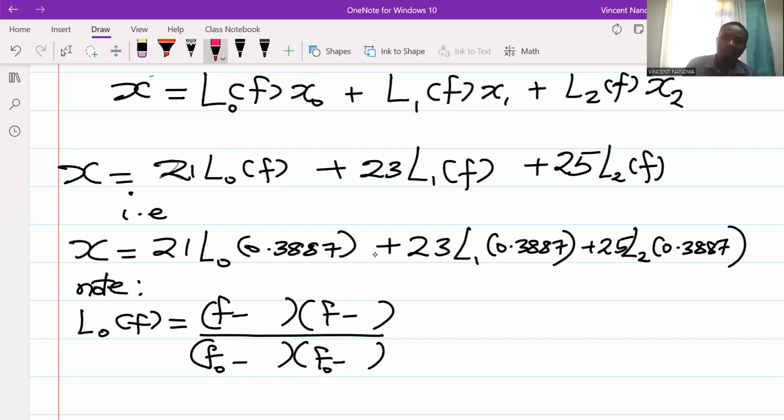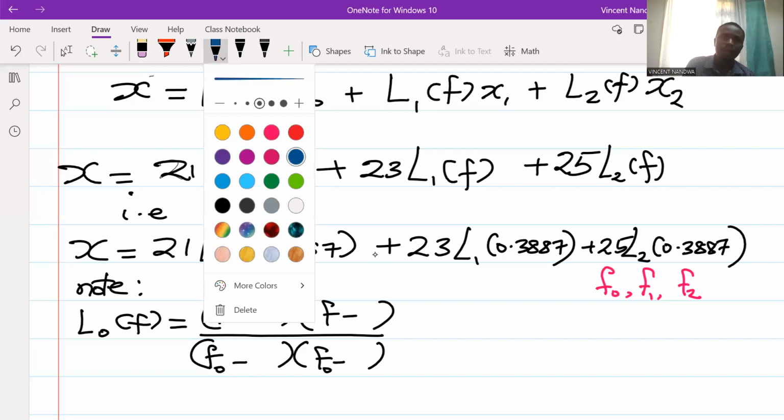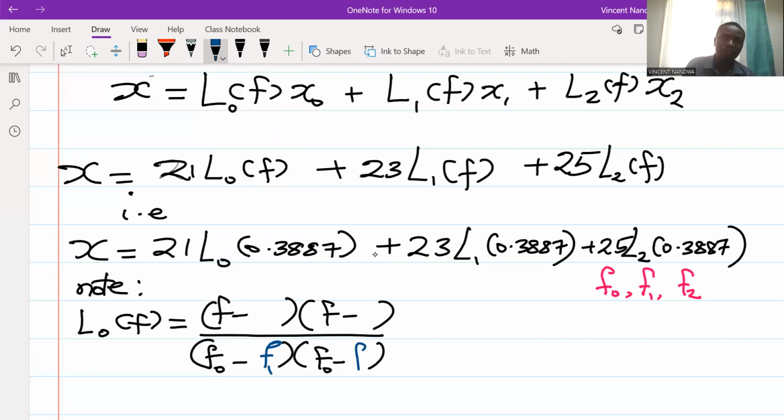And remember that we have to choose from f naught, f1, and f2. So my first space will be taken by f1, and then this will be f2. Then f2, this f1. Remember, there's always symmetry. Which implies that